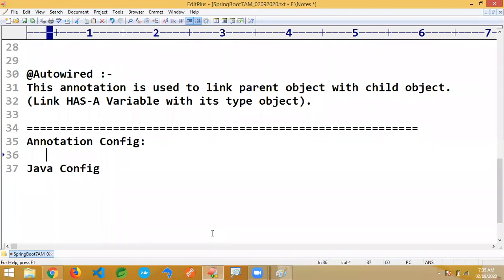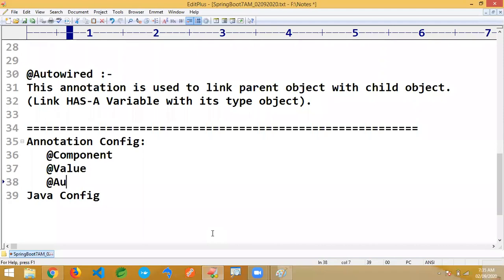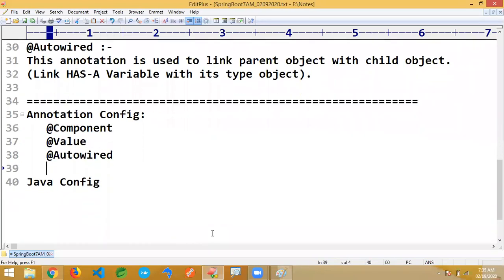In annotation configuration, we have seen @Component, @Value, @Autowired. We have to see so many more annotations here. Do you remember when to use annotation configuration and when to use Java configuration? For what type of classes annotation configuration, and for what type Java configuration?